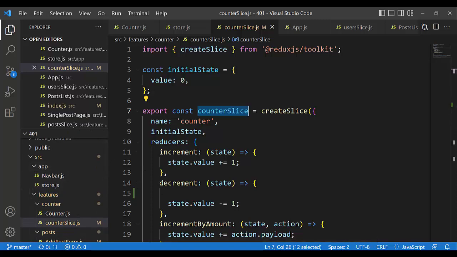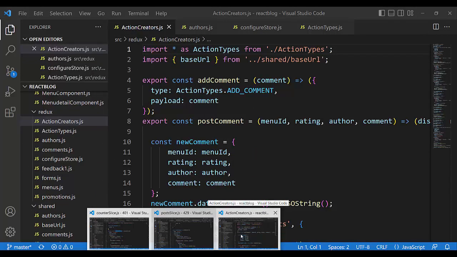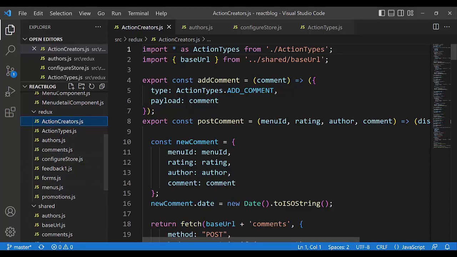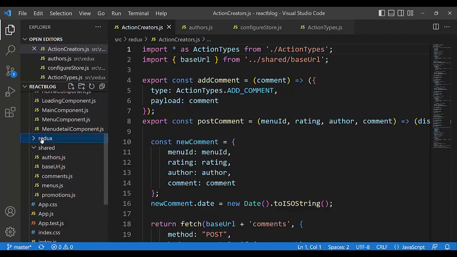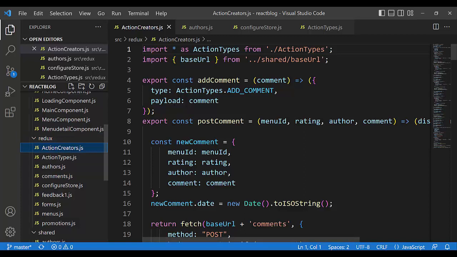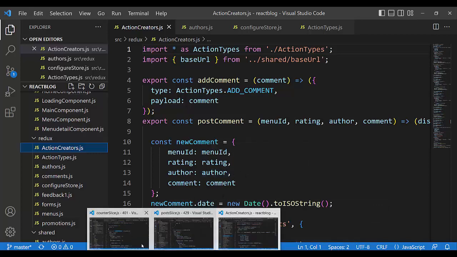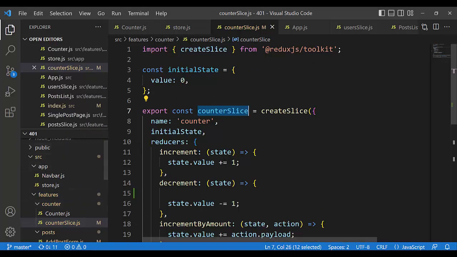Here, look at one application before. Look here, a separate Redux folder was created, with action creators. We must code the action creators by hand. But here in the counter slice, we don't see the action creator named action creator,